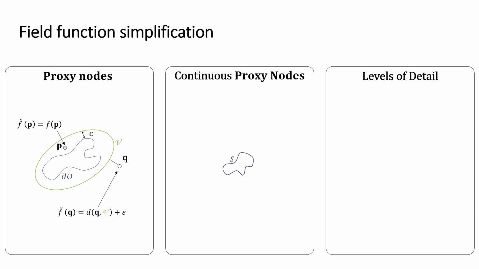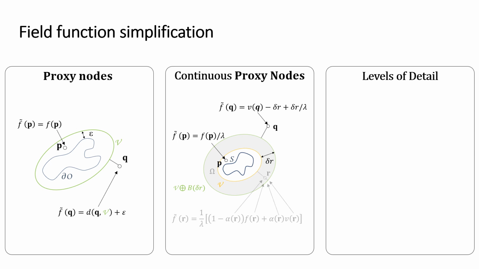Continuous proxy nodes allow us to reduce computation while maintaining a smooth and accurate field. Near the surface of the object, we keep high precision to preserve detail. As we move farther away, we gradually blend between the exact field and a simplified version. This transition happens smoothly over a defined region, shown here as a gray band around the object. The idea is to avoid expensive evaluations where high precision isn't needed, but without creating any sharp discontinuities. So instead of switching from one function to another, we interpolate between them in a way that's both safe and